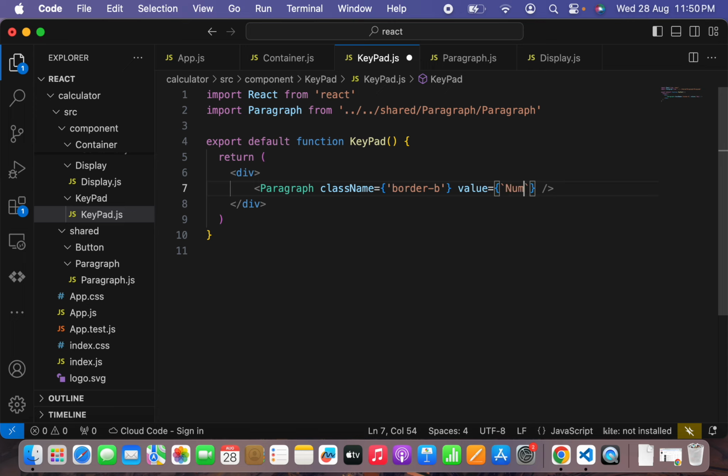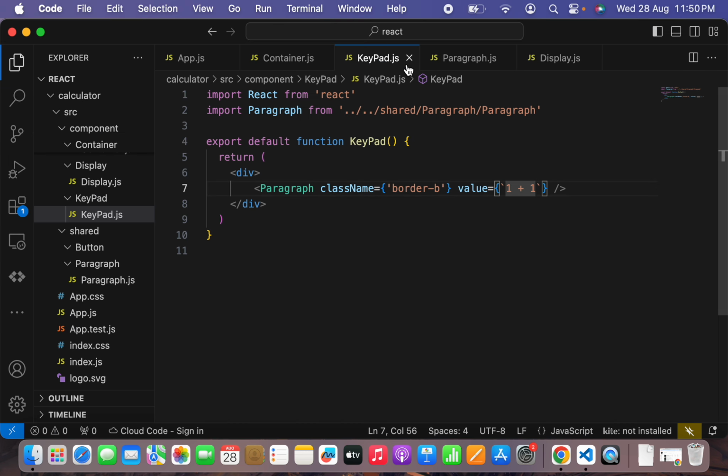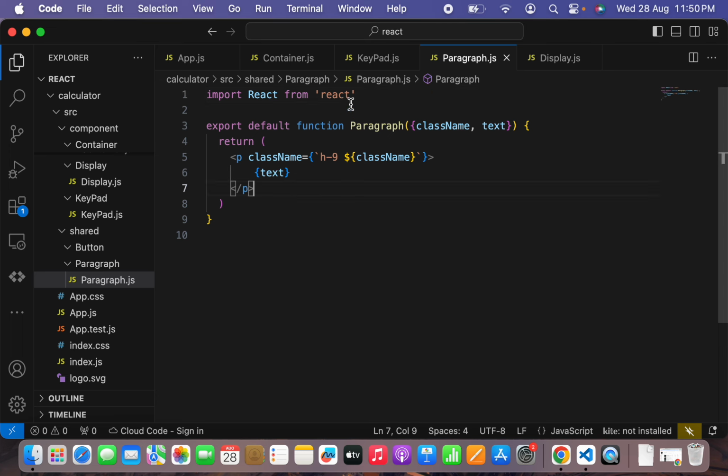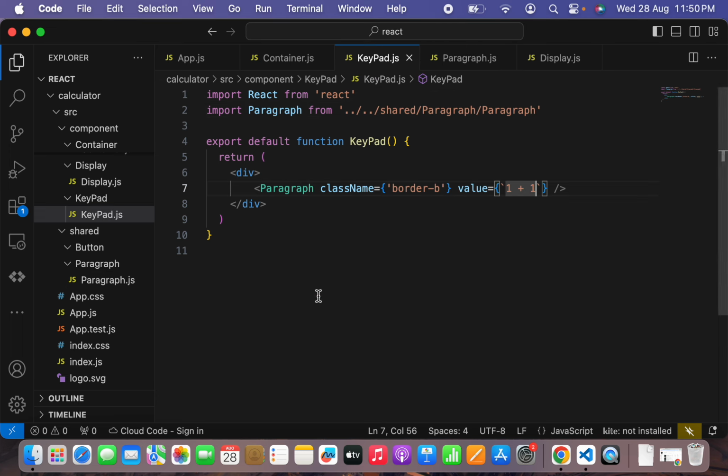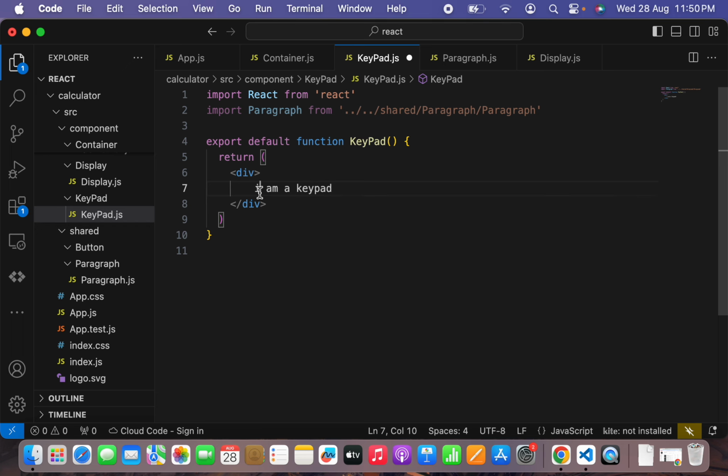For example, it will be my number 1. For example, I will say it's 1 plus 1. Okay, so let's say this will be my paragraph, and returning this function paragraph, and it will be in the keypad. Let's say this is not a part of keypad, it will be a part of our